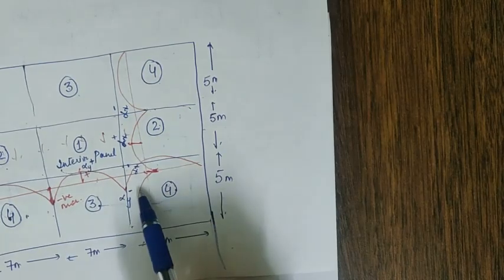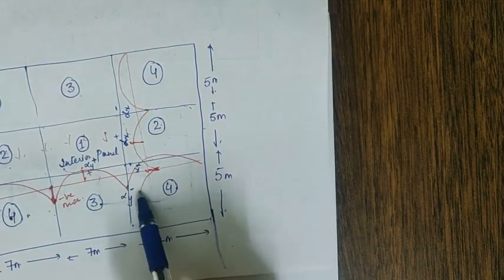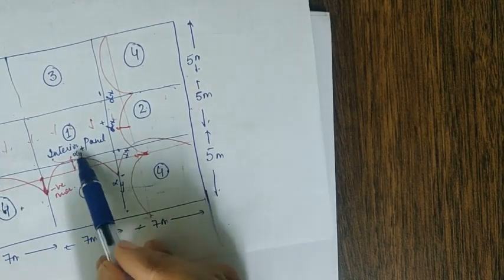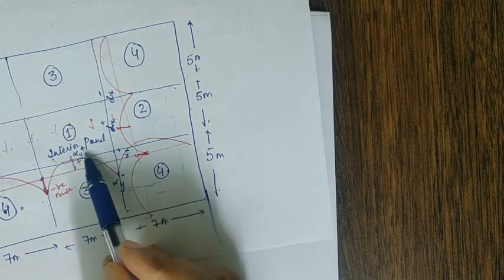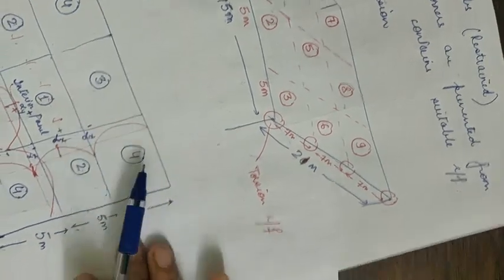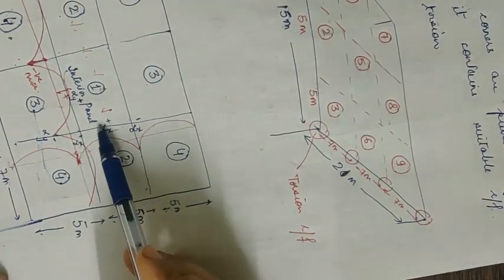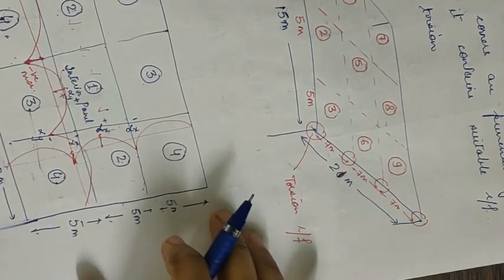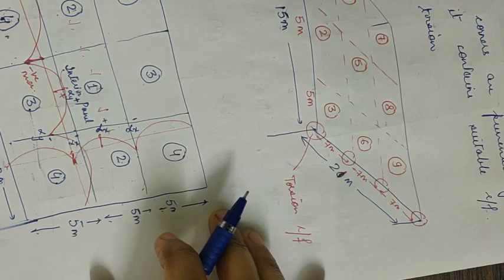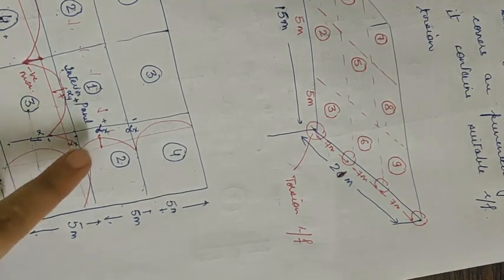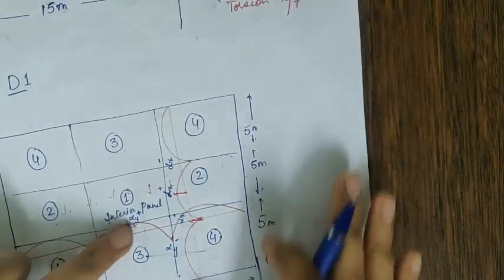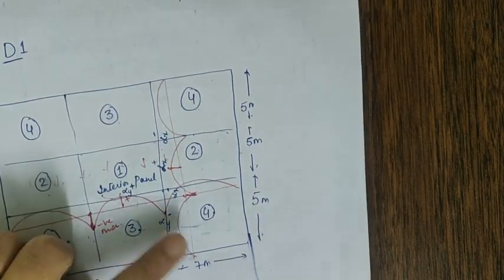So we will be designing the reinforcement at the supports with respect to alpha y minus, and at the midspan with respect to alpha y plus in this direction. In this direction, we will be designing the midspan with respect to alpha x plus and the supports with respect to alpha x minus. So for each case we will be finding out 4 areas. One corresponding to alpha x plus, another corresponding to alpha x minus, third corresponding to alpha y plus, and fourth corresponding to alpha y minus.